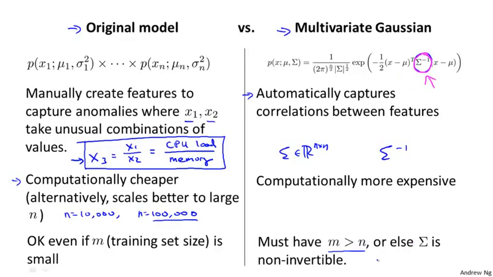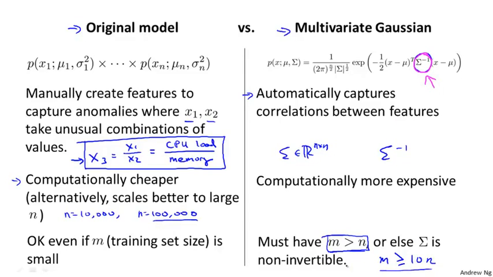But a typical rule of thumb that I use is, I would use the multivariate Gaussian model only if m is much greater than n. So this is sort of the narrow mathematical requirement, but in practice I would use the multivariate Gaussian model only if m were quite a bit bigger than n. So if m were greater than or equal to 10 times n, let's say, might be a reasonable rule of